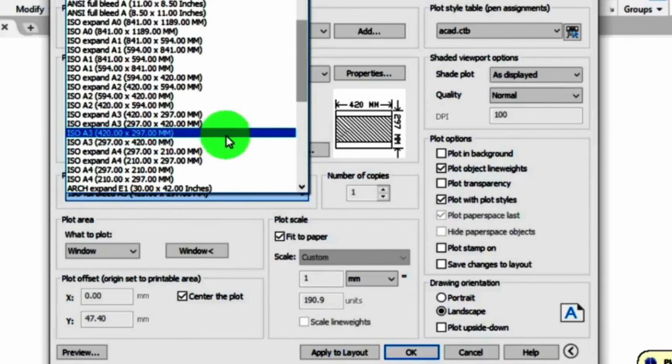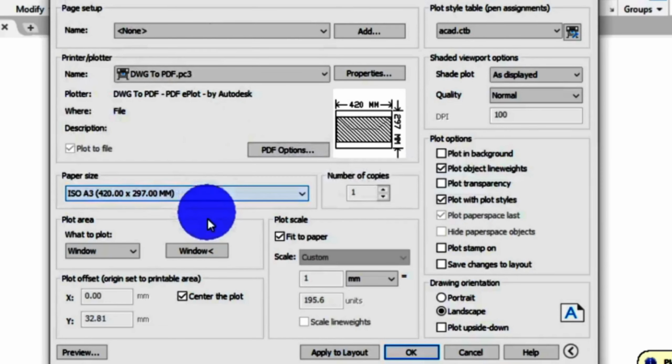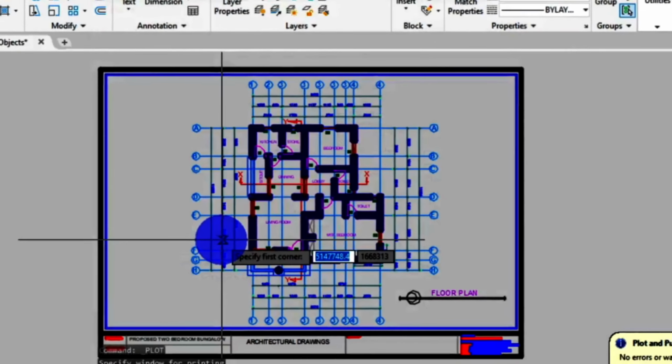The next thing is to select the region where I want AutoCAD to print for me. To do that, I will head over to Window down here and click on it. If I click on Window, this dialog box will disappear, leaving me with my drawing. I can now select the region where I want AutoCAD to print for me.